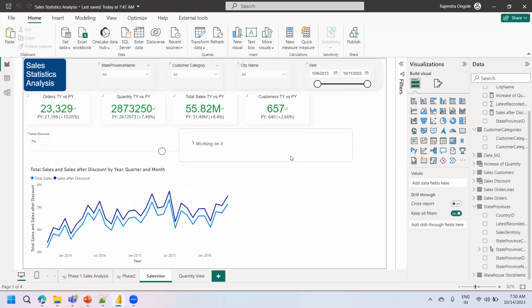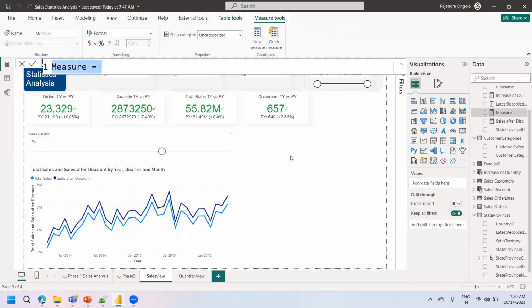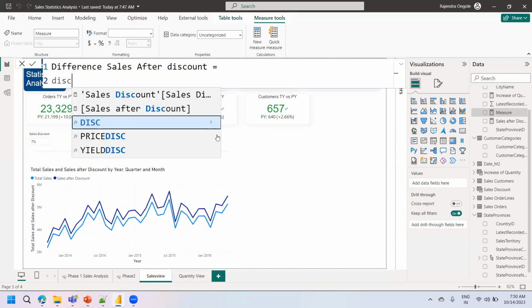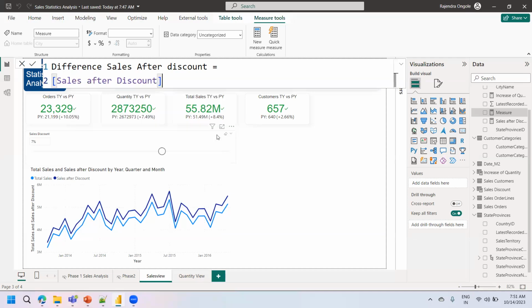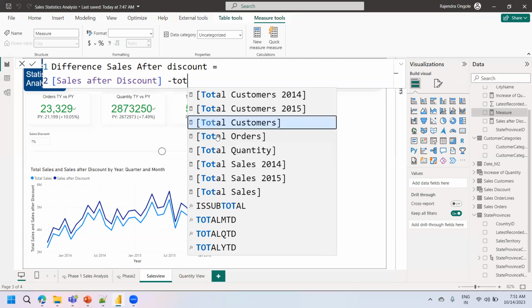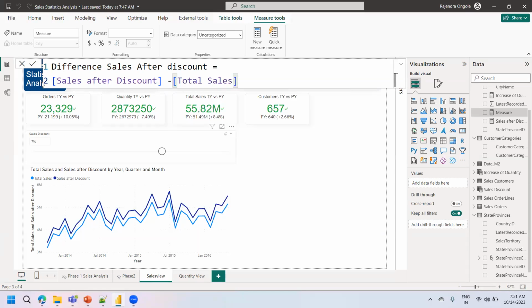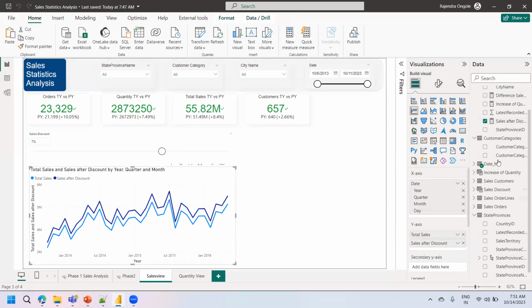Try to create a new measure, select the new measure, and name it difference after discount. Sales after discount minus total sales. Validate it, validate. Just try to drag and drop. So see here,